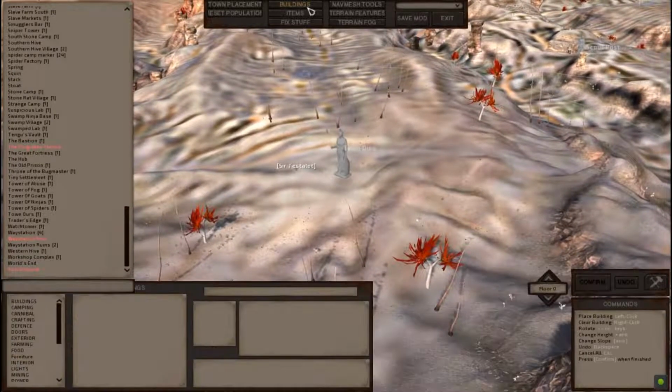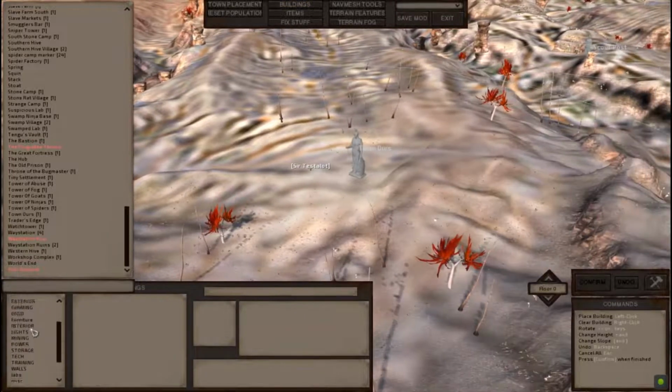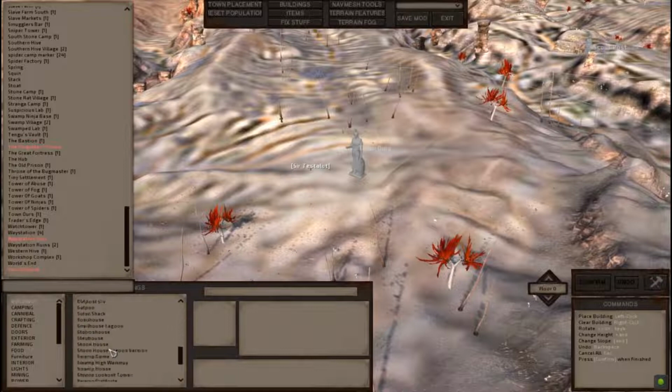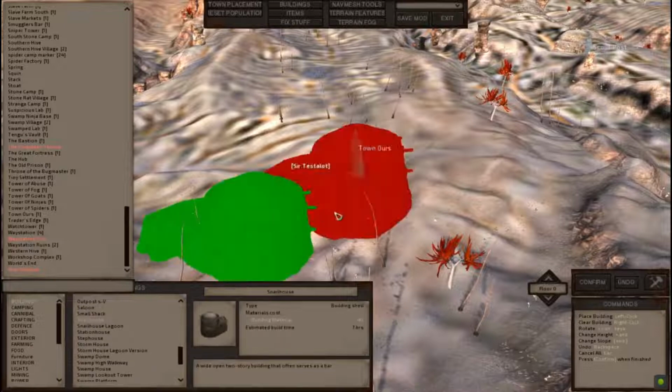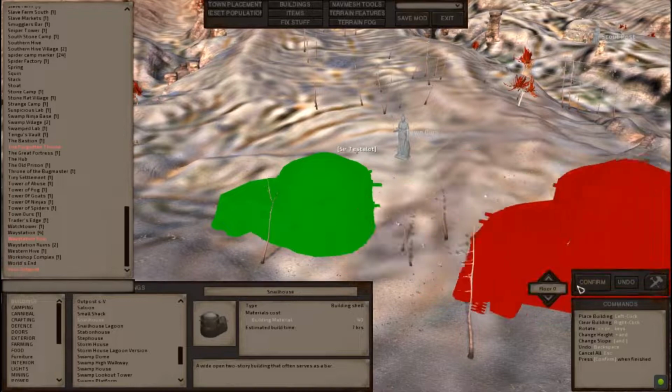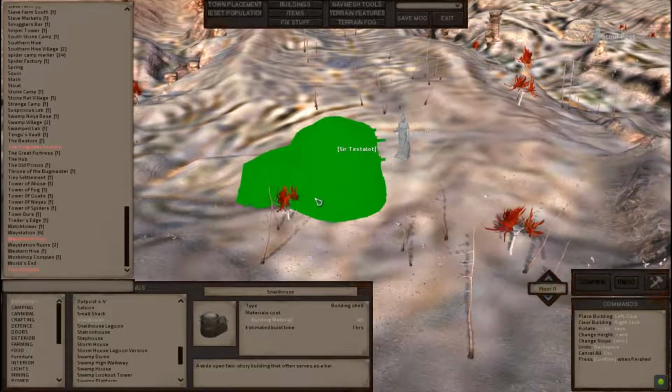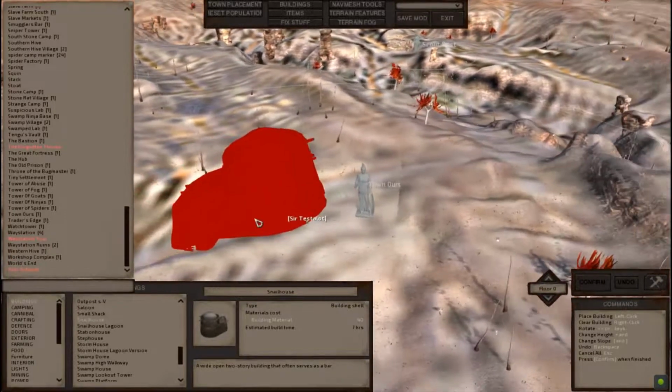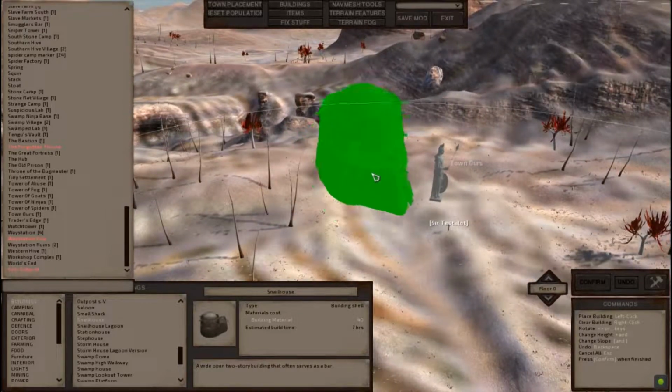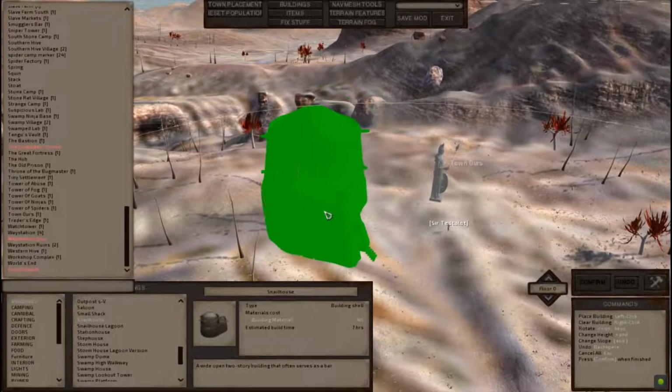So then we're going to go over to the buildings. The first thing we're going to find is the bar. And of course there's no building that is the bar, but there is, let's see now, snail house. I think there's, whoops, I didn't mean to place that. Undo. So I think there is a bar option for this building, so we're just going to put it right here somewhere